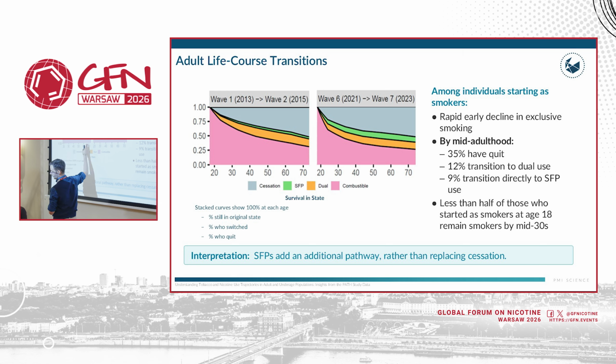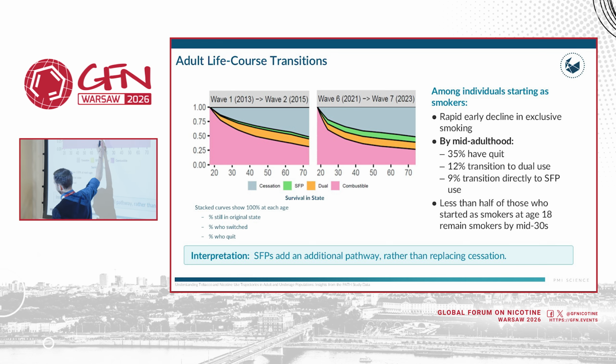If you would like to hear more about the methodology, please check the video or ask me after this presentation. But I'm using basically the same methodology that demographers use for calculating life expectancy at birth. What we see is what we expect: roughly 30% of smokers would be lifetime smokers, and by about age 50, 50% of smokers would have switched out of smoking, right?